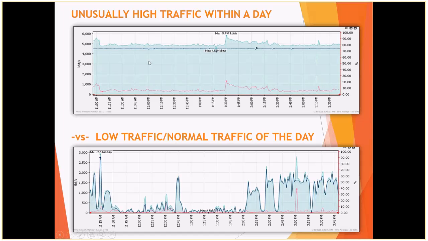So let me show you another graph here for unusually high traffic within the day. The one on the top is very high traffic. As you can see, this is only a customer that has only 8 meg of